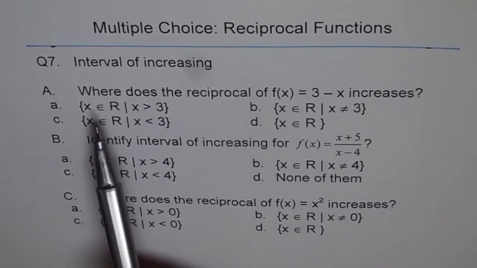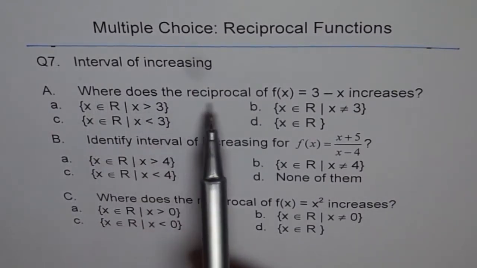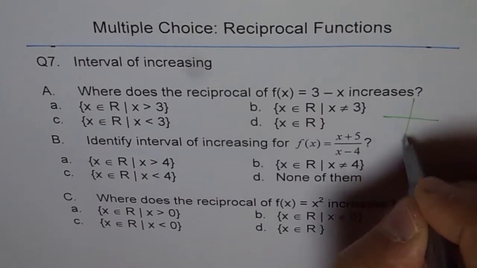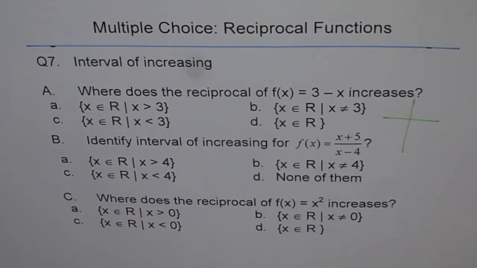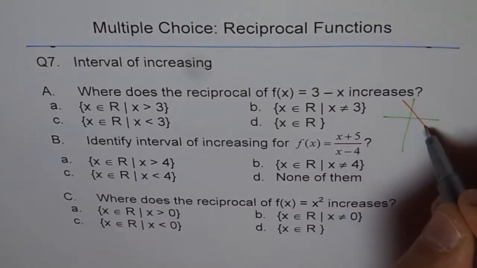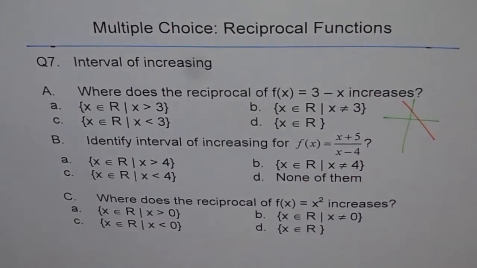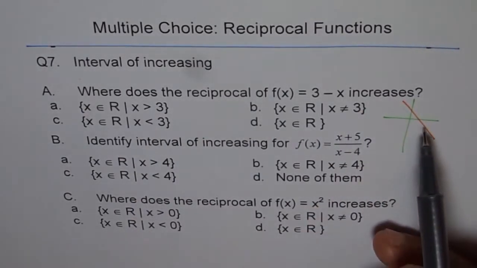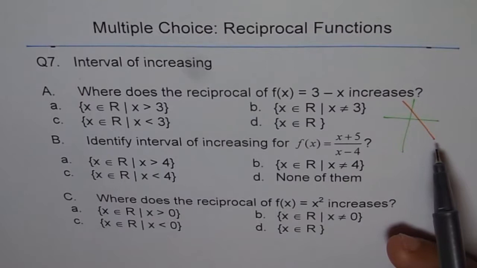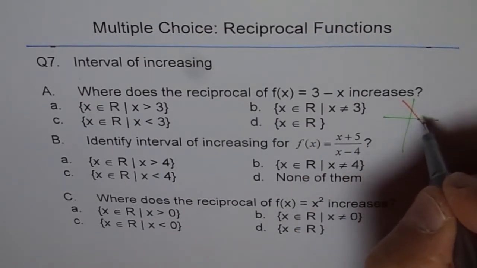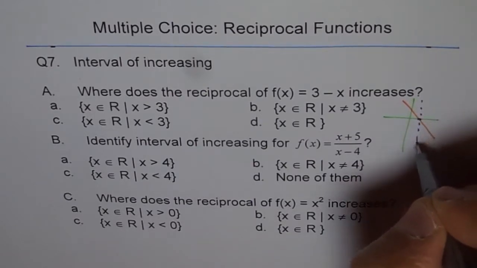A. Where does the reciprocal of this function increase? Okay, so let's try to sketch it. 3 minus x. That means the y-intercept is 3, the slope is -1, so it is like a line going down. Now, where does the reciprocal increase? This function is, like you have seen, decreasing all over the place, right? So the reciprocal will be increasing all over,